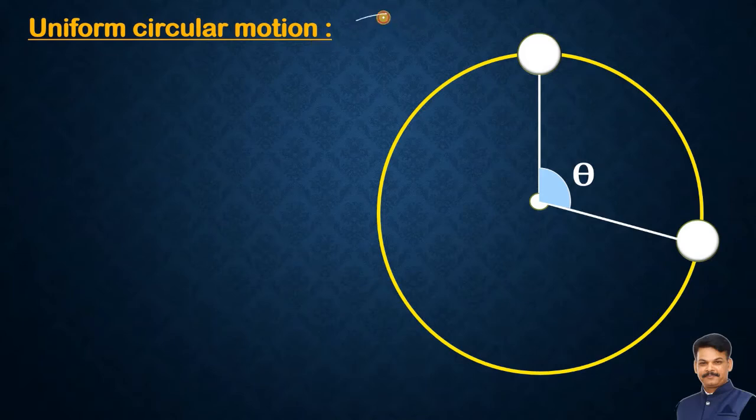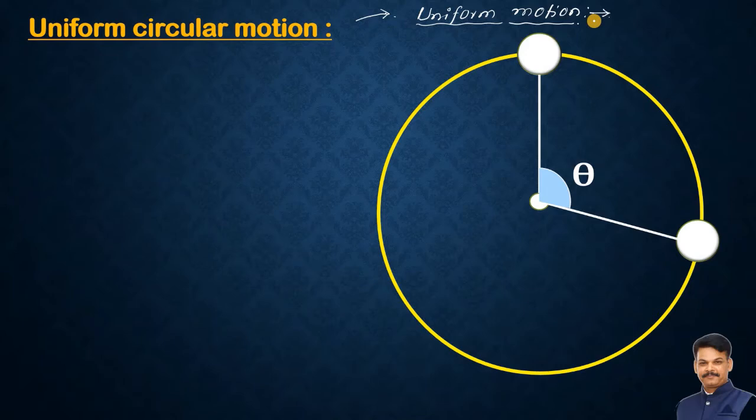Just to recall what happens in case of linear motion. How did you used to define the uniform motion of an object? You used to define the uniform motion of the object if the object is making equal displacement in equal intervals of time. Isn't it? If the object is making equal displacement in equal intervals of time along a straight line, then we say that the object is moving uniformly or it is under uniform motion.